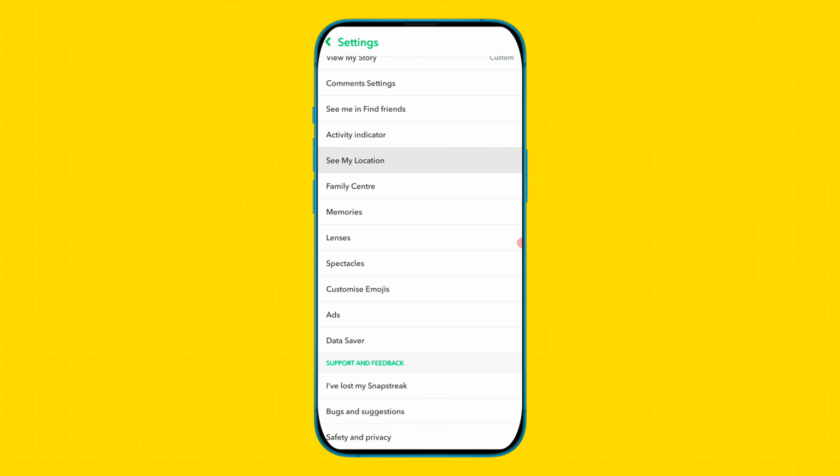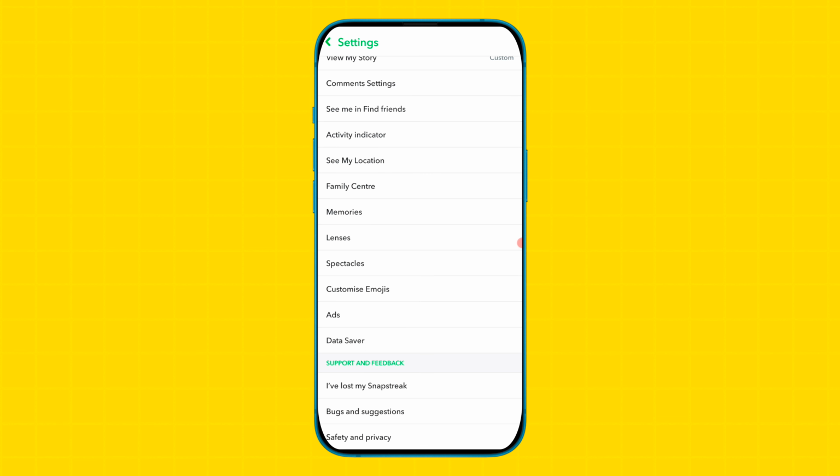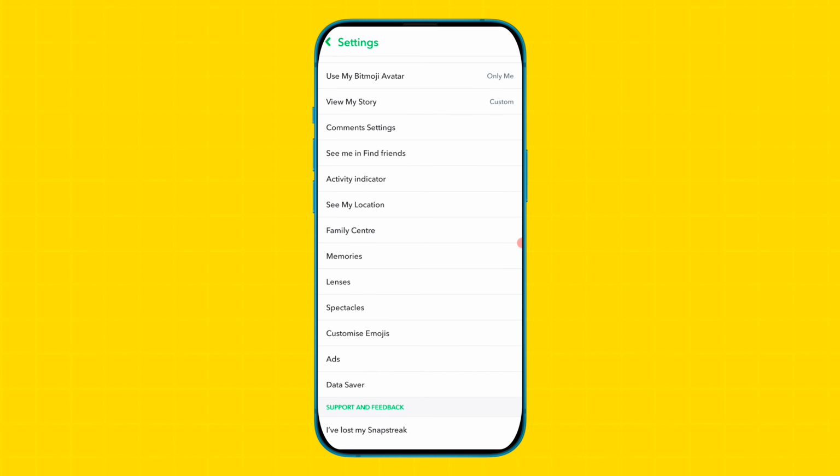and then tap on the see my location option. So friends, if ghost mode is disabled, make sure you enable the ghost mode option, because when you enable this option, your Snapchat friends can't see your location. So make sure you put ghost mode on, and friends, then simply scroll down your page, and here